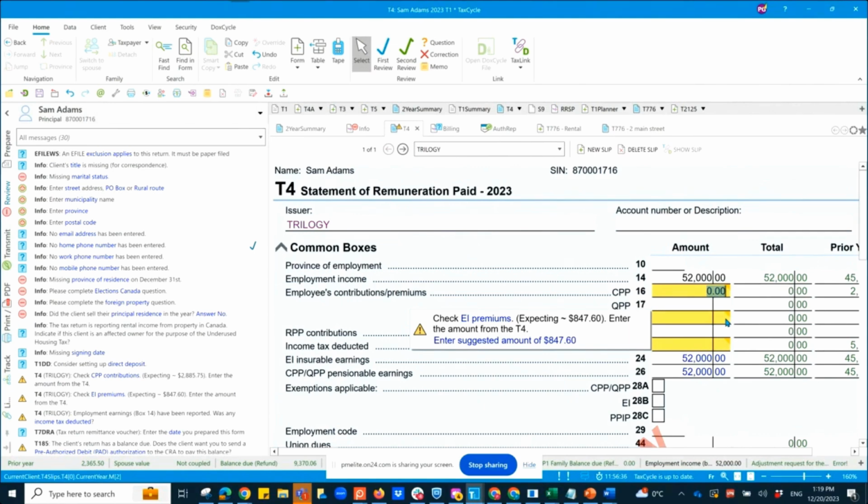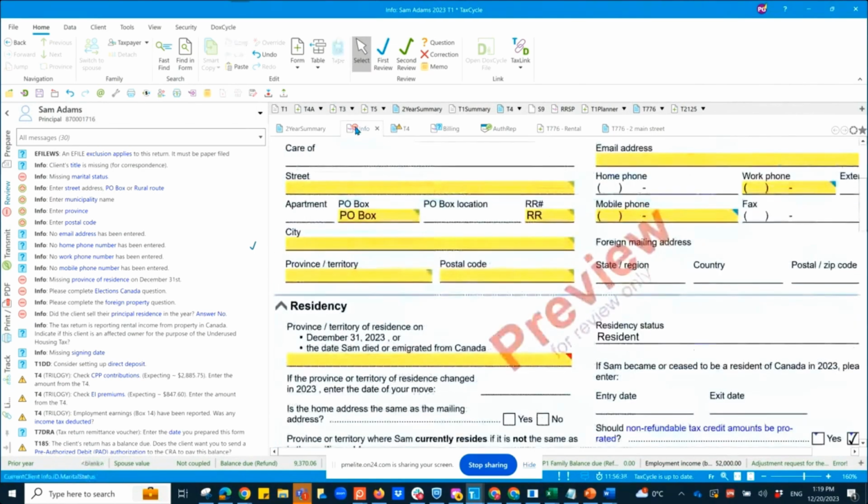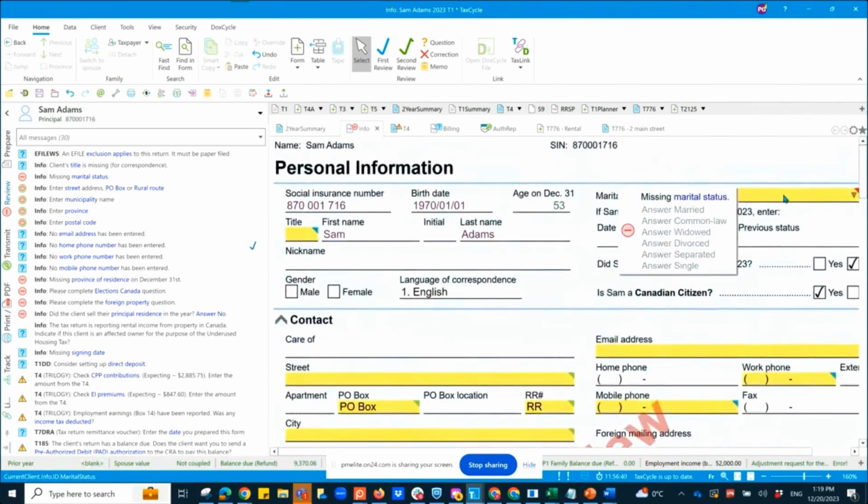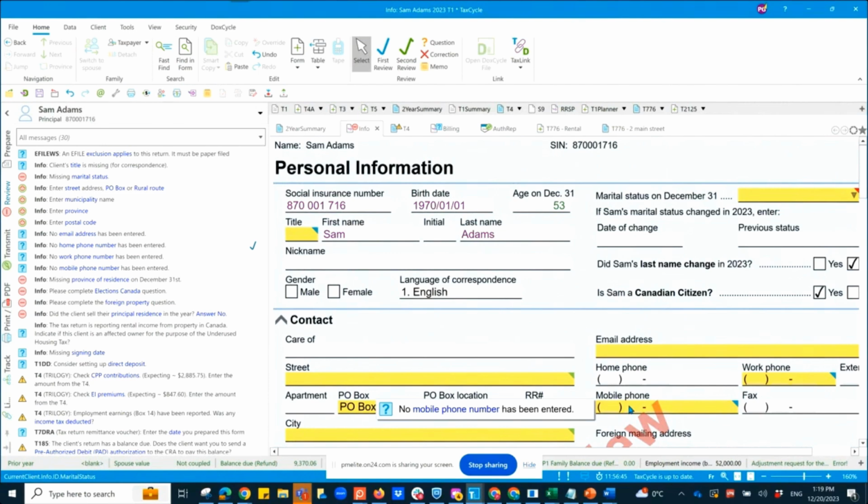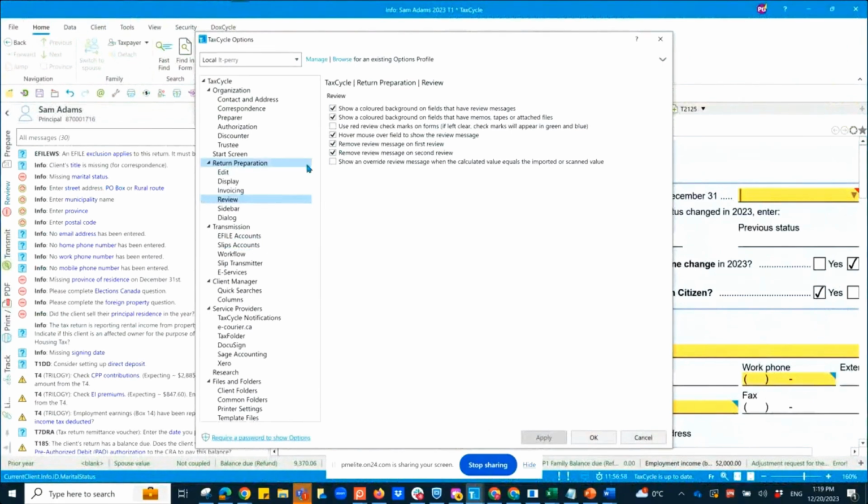You will also notice that every review message in TaxCycle has this yellow background. Everything with a yellow background has a review and diagnostic message. If for any particular reason you wanted to turn that off, you could. You go into File, then Options, and under Return Preparation and Review, you have the box that is currently checked off for me. I've indicated that I want a colored background on fields that have a review message. If I uncheck that and click Apply,